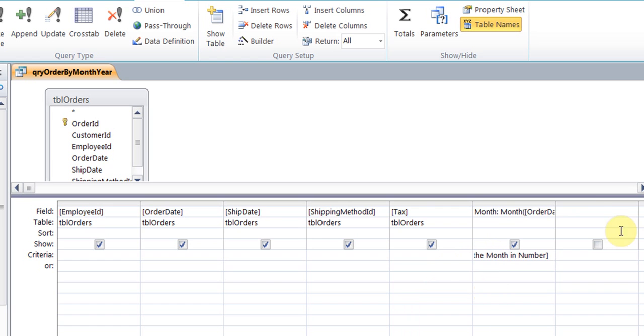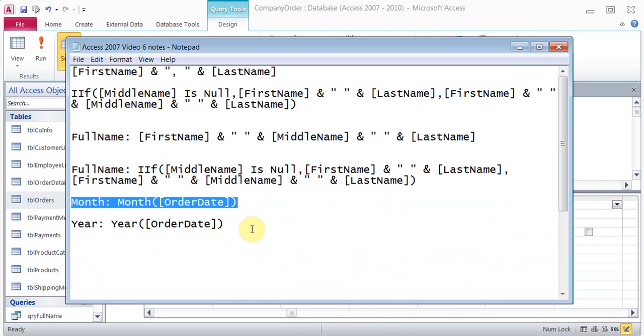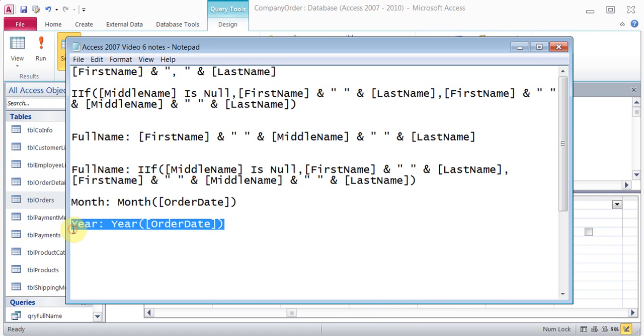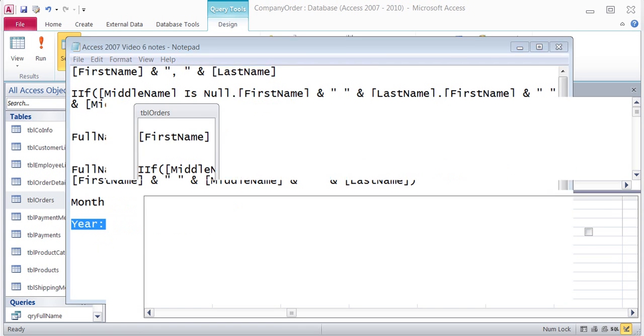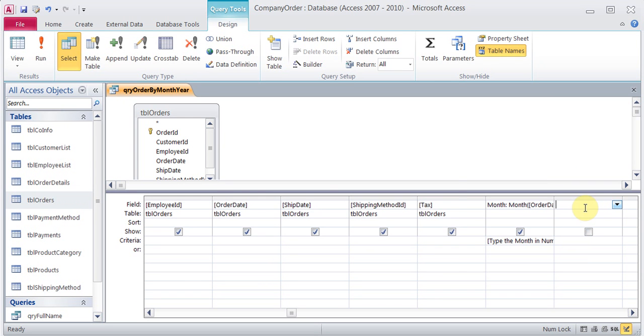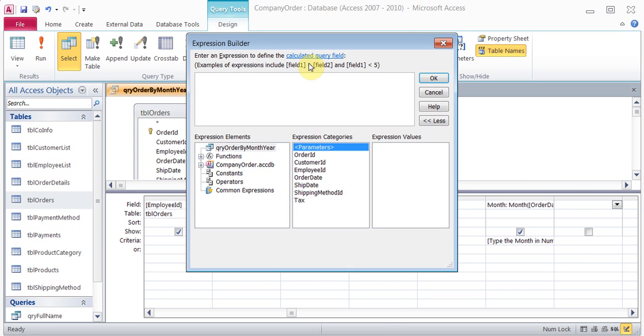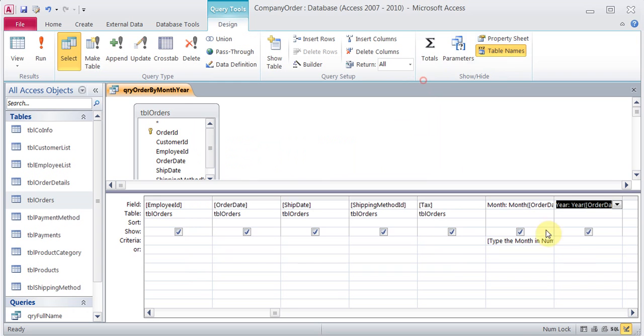And I'll do the same thing for year. So I'll come here, copy the year, and I'll leave this notes. When you download, it will be a zip file, so you'll be able to download the zip file, unzip it, and you'll find this notes in there. And I can go to the builder if I want, and I can paste it. Click OK, and here I'll type what year,